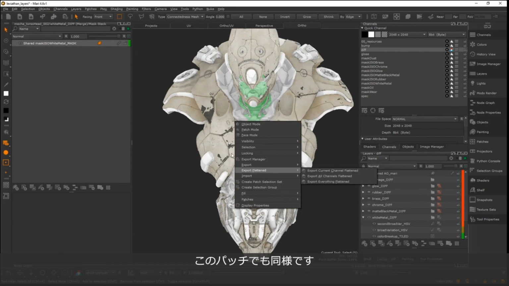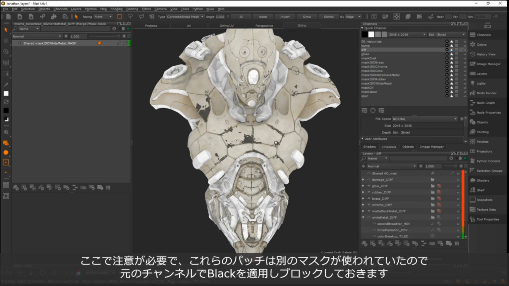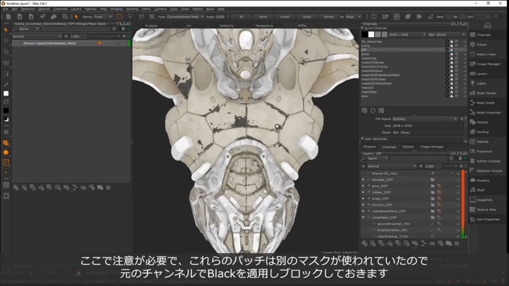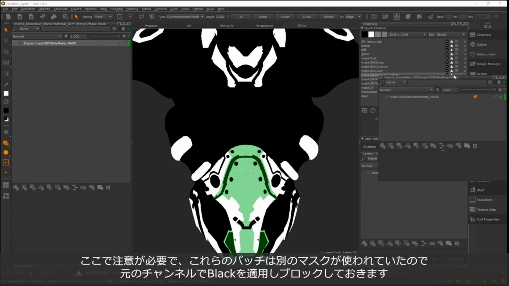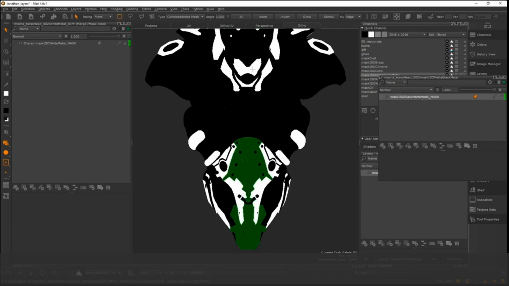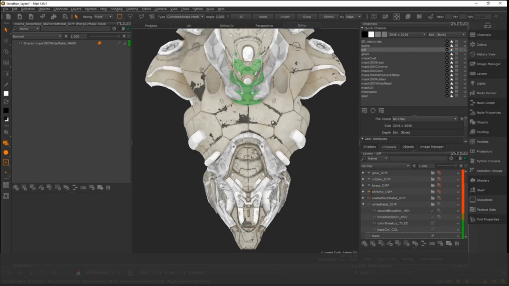So let's fill that mask with white. Boom, white. The other thing you have to keep in mind is previously I had these patches in a different mask ISO. So you just have to make sure to go back and find where you had that and then make it black so it blocks in there. So when you turn everything on,